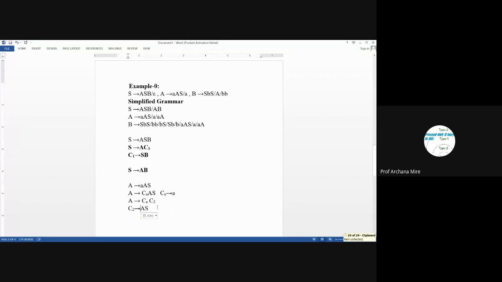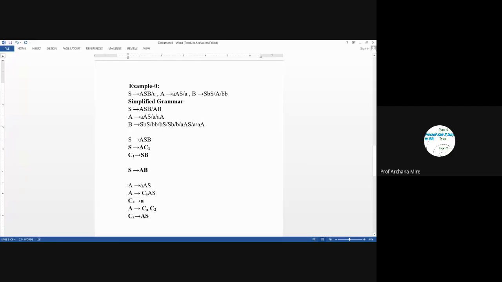So our final production rules, which are in CNF form, will consist of CA leads to A, and the original rule leads to CAC2. Sorry, I think we have made some mistake here. CA leads to A, the rule leads to CAC2, and C2 leads to AS.